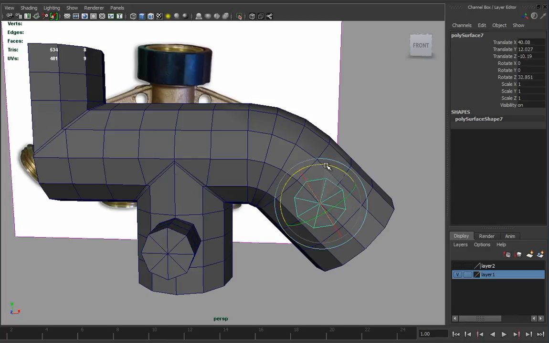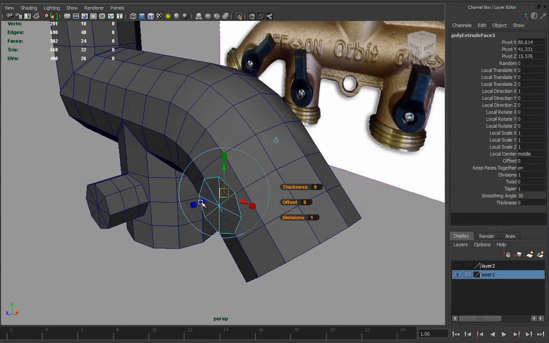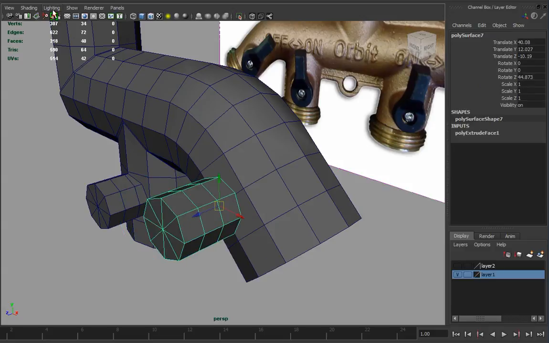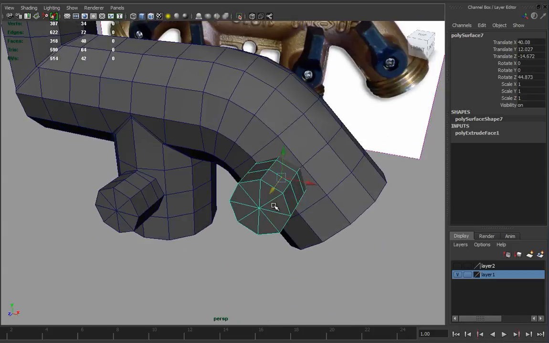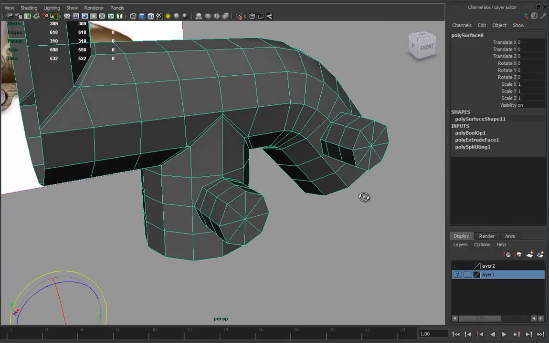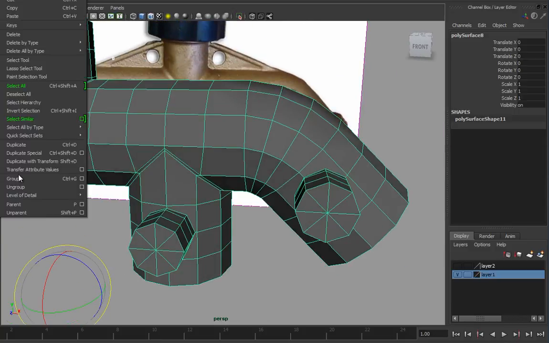I'm just going to quickly try to line this up. I'm just going to eyeball this because I didn't actually measure an angle very accurately. And if I grab this and I hit extrude, pull it out, I got the same thing I just had a moment ago. And I'll just go over here and grab this object. I'm going to shove it in. Okay, something like that. And let's try this again. I'll just grab this object and mesh Boolean union. There we go. And now I just got to kill the history, and now I can do my little duplicate